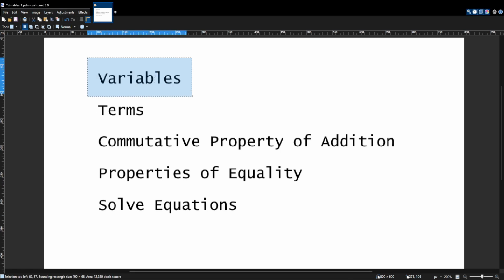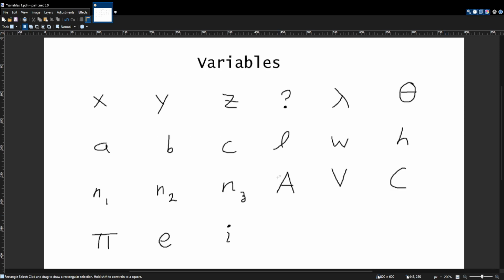Hello, I wanted to talk about variables and how we use those to solve equations. Now, as we talk about this, we're going to need to talk about these other things, but let's just go ahead and get into it. Variables. What's a variable? Well, first off, a variable is a symbol that represents another value, or represents some value,